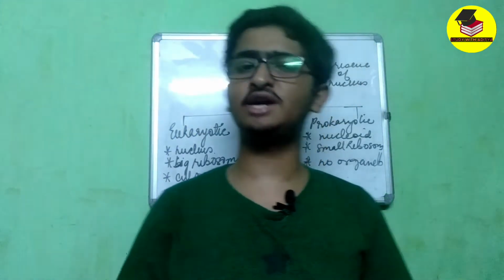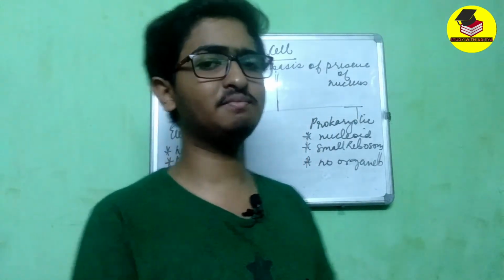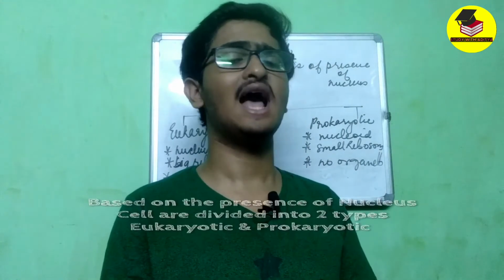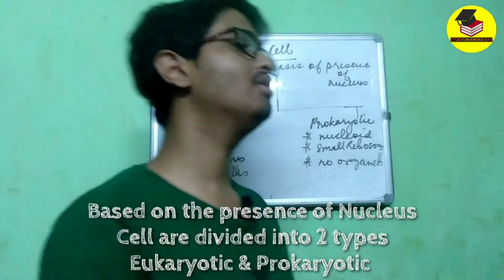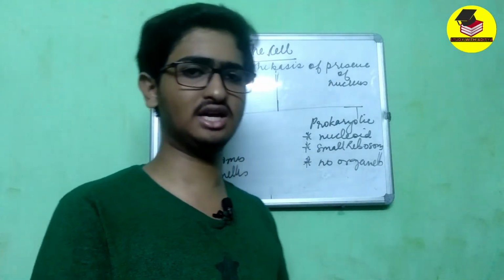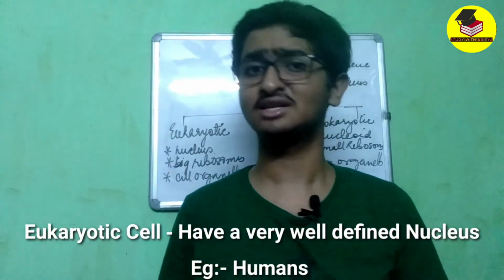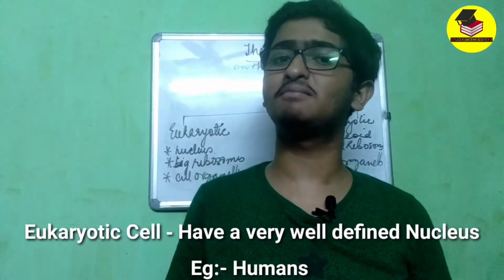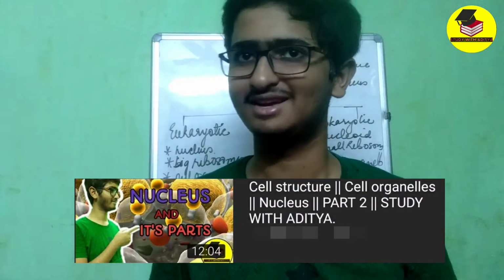The most important topic, one more, classification of cell. Now, on the basis of presence or absence of nucleus in a cell, we call the cells prokaryotic cell and eukaryotic cell. Now, basically all the human cells are eukaryotic in nature. Eukaryotic cells are those cells which have a well defined nucleus, the nucleus we saw in our previous video. If you have not seen it, then go and watch it.